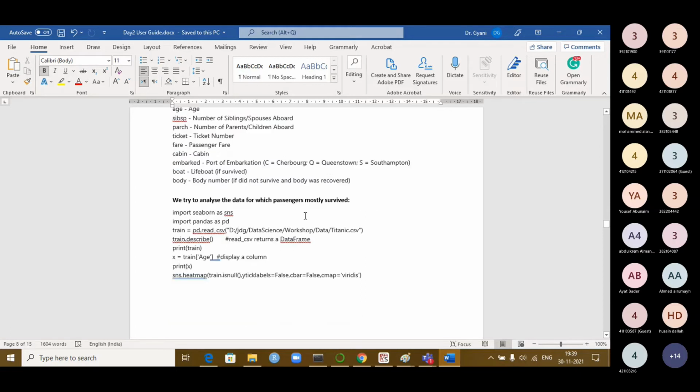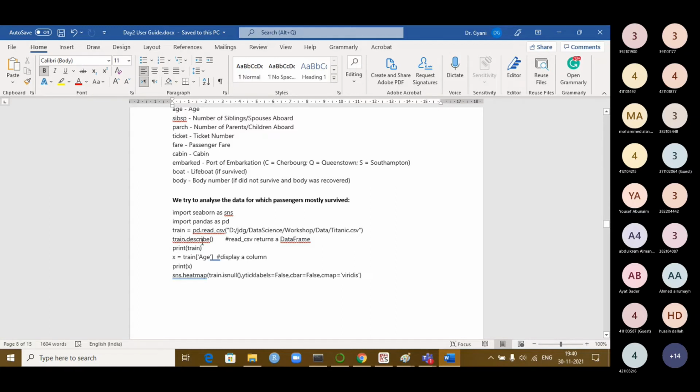Here you can see how we are using the package called Seaborn. It is a data visualization package available for data science, which is part of your Anaconda. It is directly installed, so you can easily use it and get very beautiful graphs. So I'm using Seaborn today. Then import pandas as pd. Then train equals pd.read_csv of the Titanic dataset. I already told you that this is the dataset you are reading here.